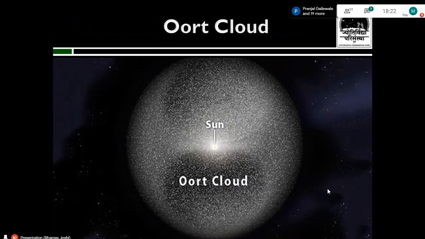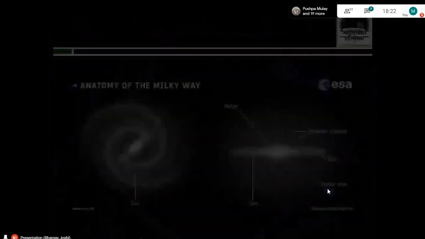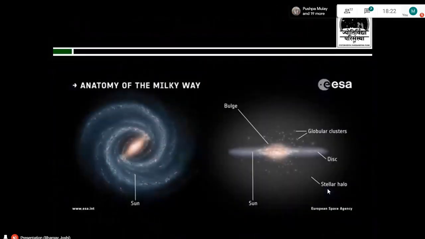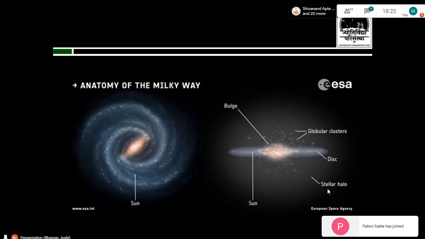So this is the second line of the cosmic address. The first is planet Earth. The second is the solar system. So what is the third? This is the third line of the cosmic address: the Milky Way. The Milky Way has more than 5 billion stars and more than 11 billion planets. It is so huge that the sun appears as a minuscule dot. It is literally negligible in front of all the other stars.